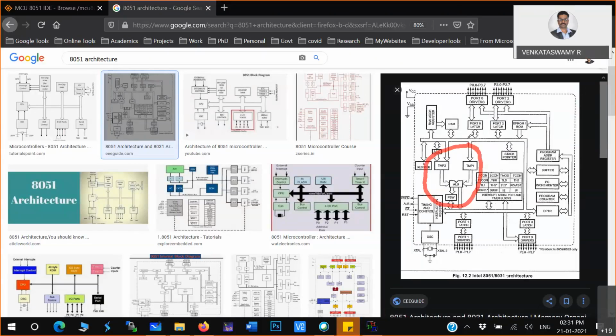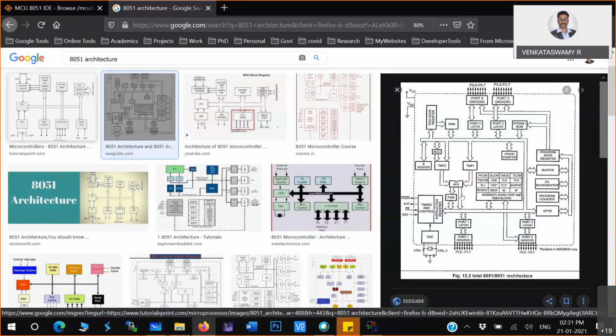Data will go from the bus and be loaded into temporary registers, then the operation will take place in the ALU, and the result is again given to the bus. Appropriately it keeps the result in the required register, and immediately the program status word changes.